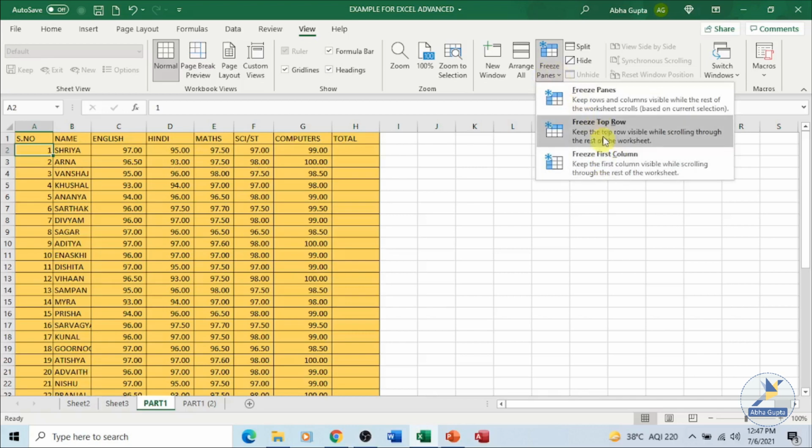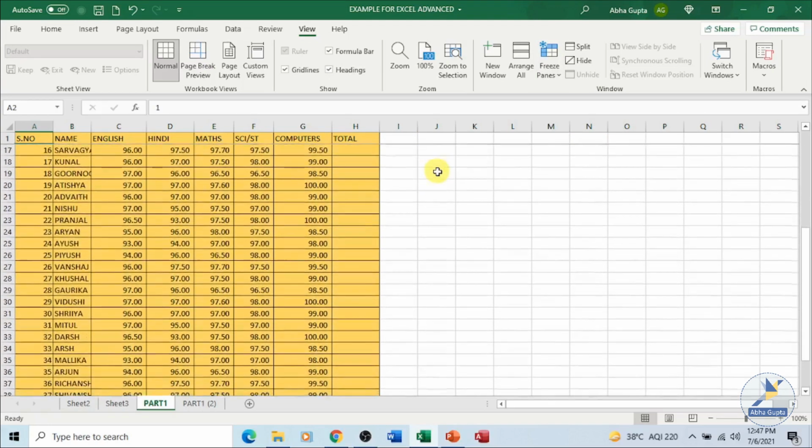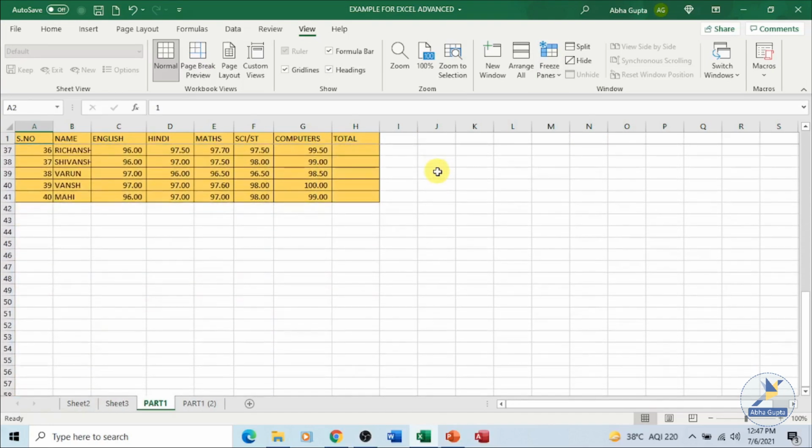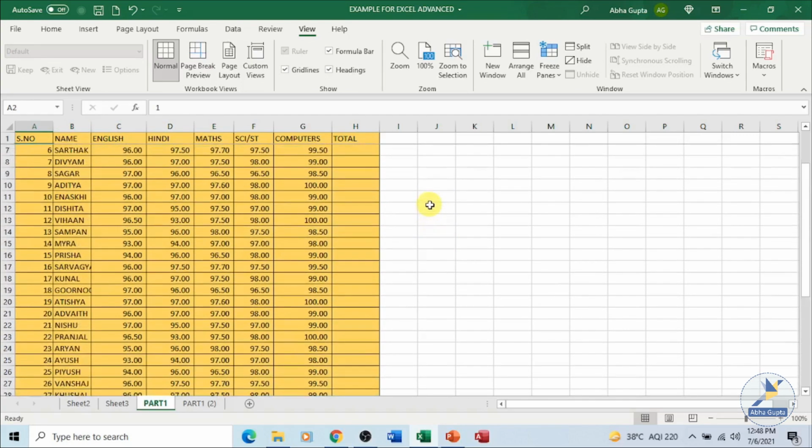You can freeze the row and the column together. We'll discuss that as well. Just now I want to freeze only the top row, so click on Freeze Top Row. Now you can see a gray line over here. If you look closely, if I scroll, the top row is being fixed. I can always see that roll number 40, the name is there. Column B is for name, column C is for English and Hindi, and so on. So the top row is being fixed.